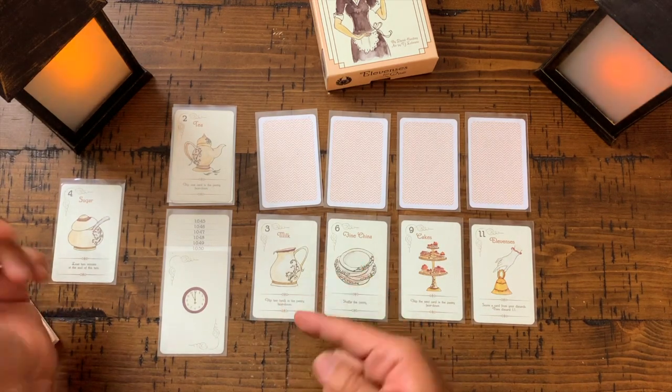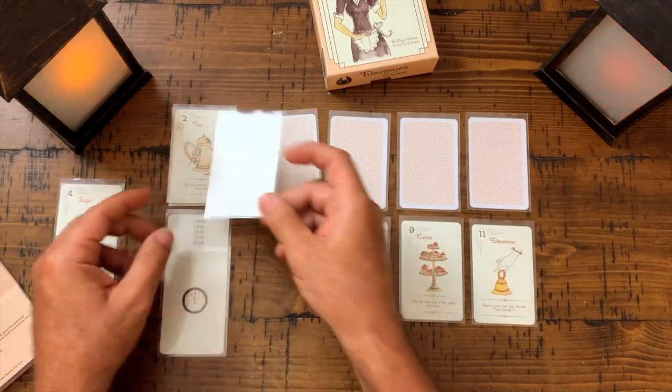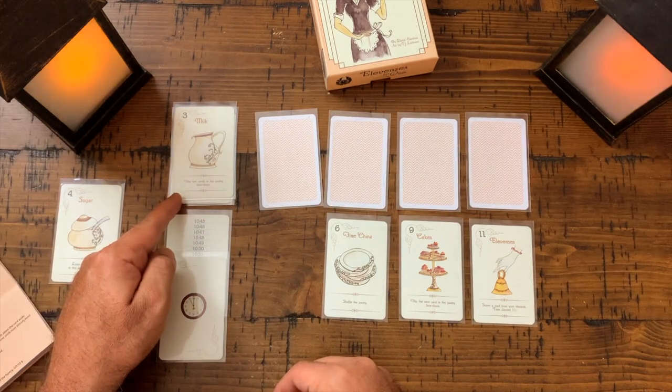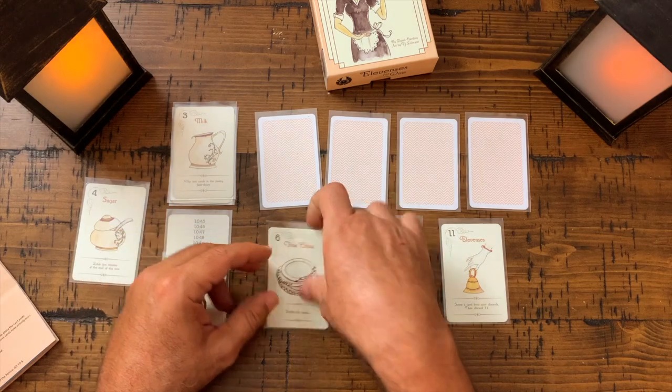Do I discard that? No, I'm going to score it because it's the first face-up card, right? This is milk. And I'm going to score it. So when I score it, I lose a minute. And I do what it says. Flip 2 cards in the pantry face down. Okay, this is good, actually. I'm going to flip these 2 face down